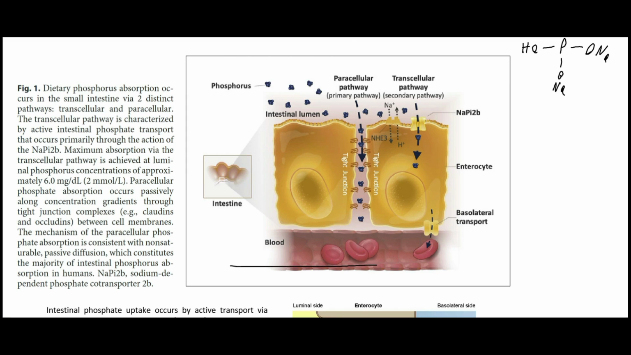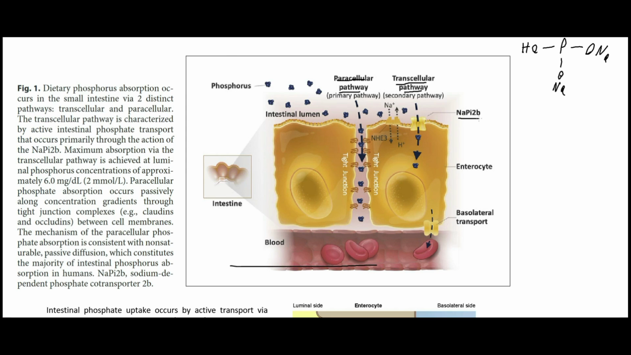The main one is the paracellular pathway. That is essentially just moving between the cells, passively diffusing between the cells. And then there is the transcellular pathway, which uses this sodium phosphate symporter here. So using the sodium